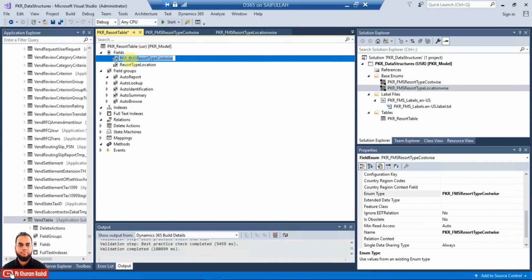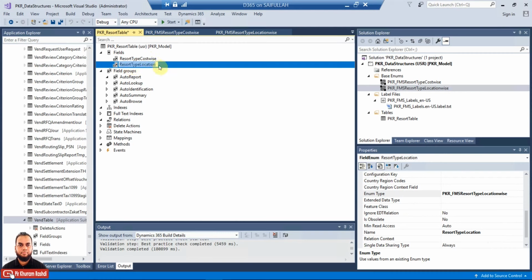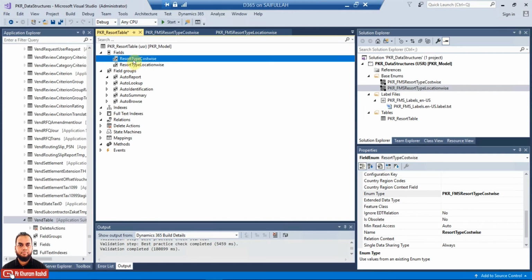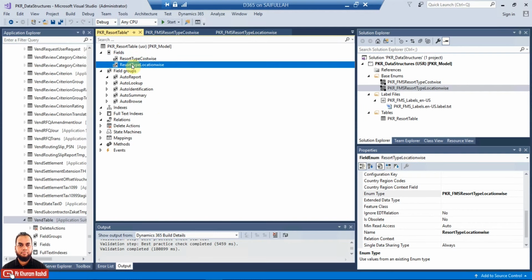So you just need to rename the field name here like resort type cost wise, and in the same manner we can also rename this one location wise. So in this way we have created two fields for the resort type, one for cost wise and the other one for location wise. Now what we can do is save it, and since this is a new